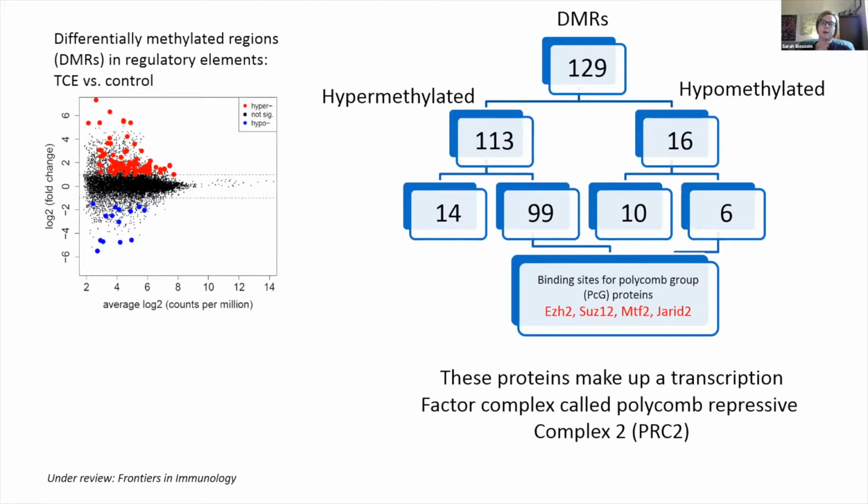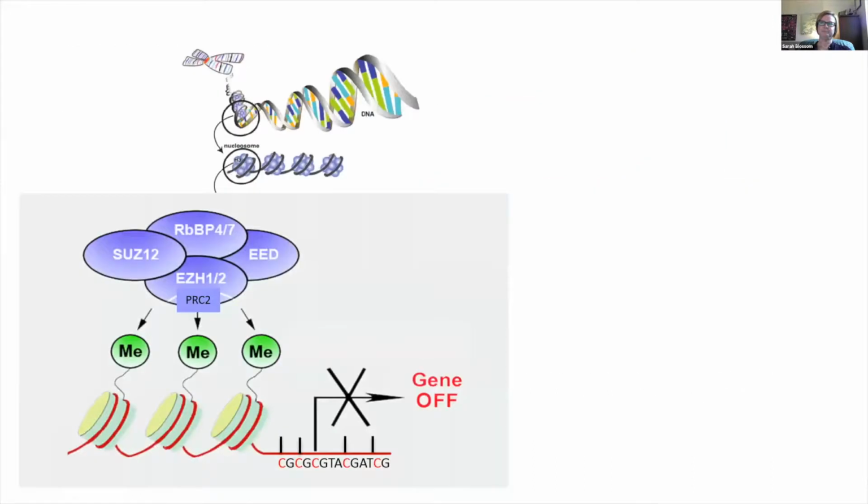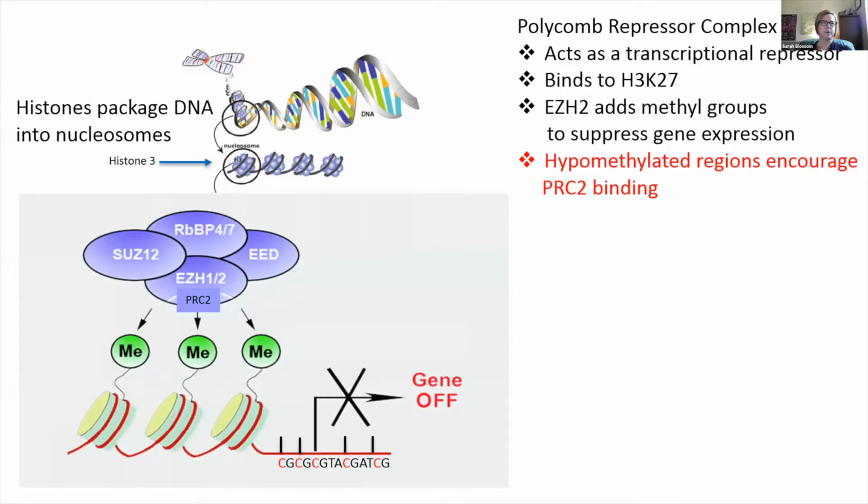These proteins form a complex called polycomb repressive complex 2, or PRC2. PRC2 is typically associated with nucleosomes. Histones are basically proteins that package the DNA into nucleosomes. Because DNA is so dense, it's a way to compartmentalize the DNA in the cell. The PRC2 complex proteins